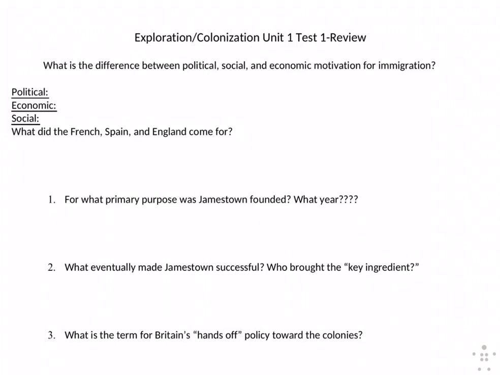So we had three main people that tried to colonize the New World: French, Spain, England. French starts with F, so French fur. Automatically think French is fur. Since they wanted to join the fur trade and make money off of the fur trade, it's economic reasons. Next one is Spain. They wanted to go ahead and spread their religion, which was Catholicism. Since it's religion, that is their society, so that is social reasons.